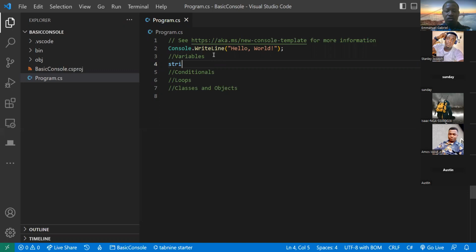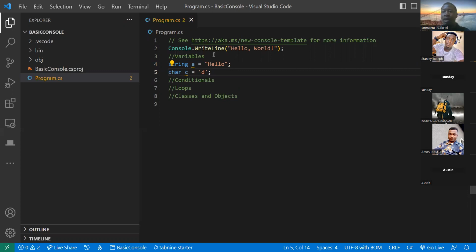One of them is called string, and this is just to store alphabets, A, B, C, D, E, F, G, H, I, J, K, right? And alphabets put together, right? Another is called character, and char is the name of the data type.